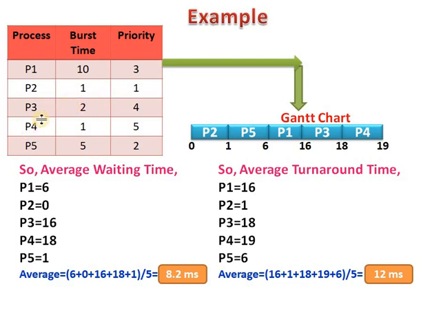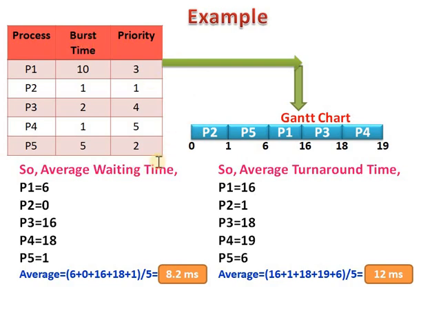For the process P4, the burst time is 1 millisecond, and for the process P5, the burst time, that means the utilization time of the CPU, that means the execution time required for process P5, is 5 milliseconds. And then here priority is given for the processes. Process P1 has priority 3, process P2 has priority 1, process P3 has priority 4, process P4 has priority 5, and process P5 has priority 2. Observe this table.